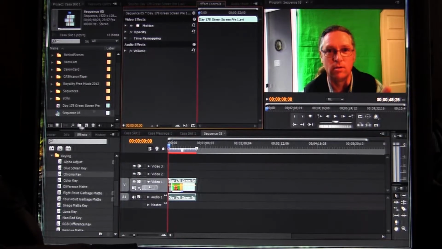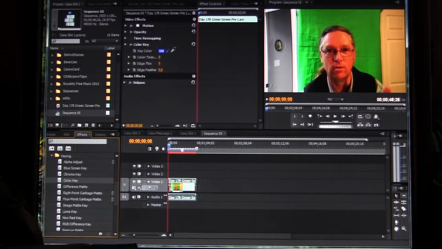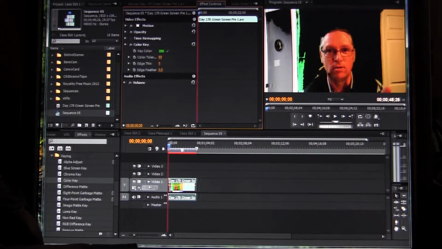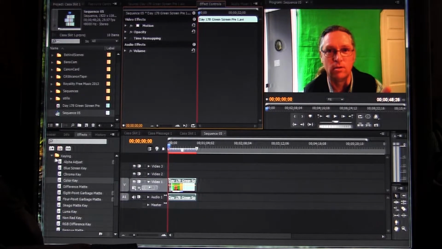So sometimes you have to play with the effect. Sometimes the chroma key doesn't work perfectly, so you try the color key, see if it'll select that instead and not bulldoze me out of the shot so much. I think what I need to do is